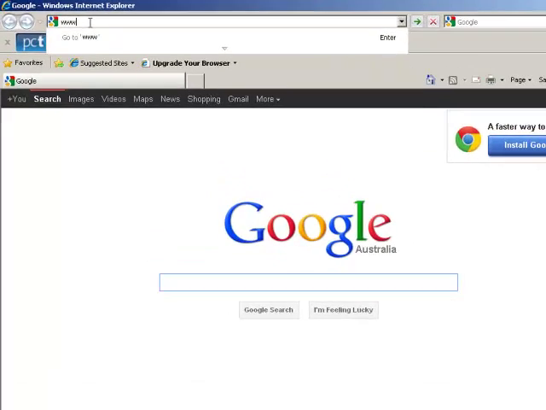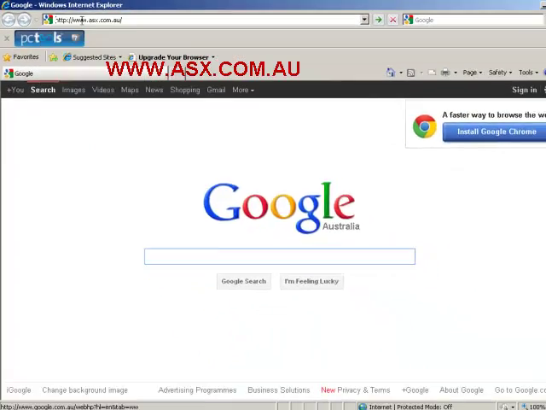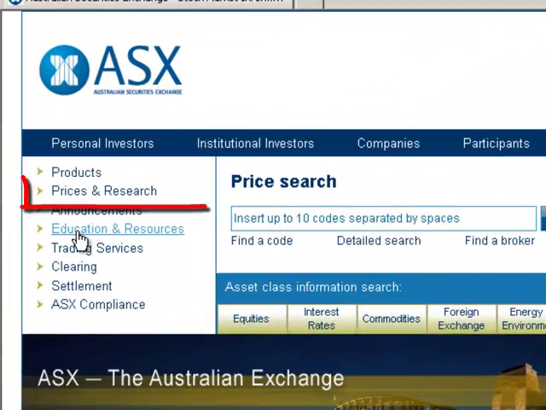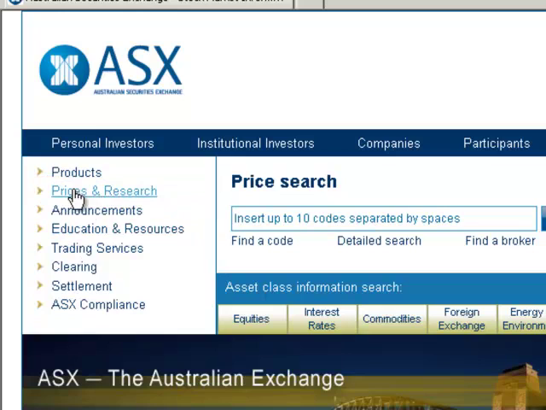All you need to do is open up your normal internet browser, and you can link many websites, not just the ASX, but in this example we'll go to the ASX, so www.asx.com, and of course we'll bring up the normal ASX website. On the left hand side there's prices and research, so you need to click on the prices and research button, and it will bring you into a new screen on their website,